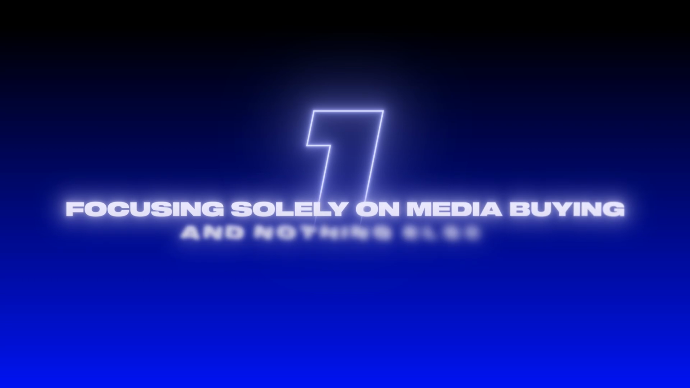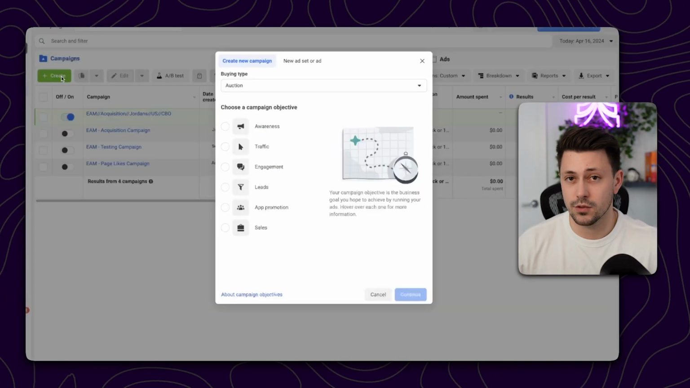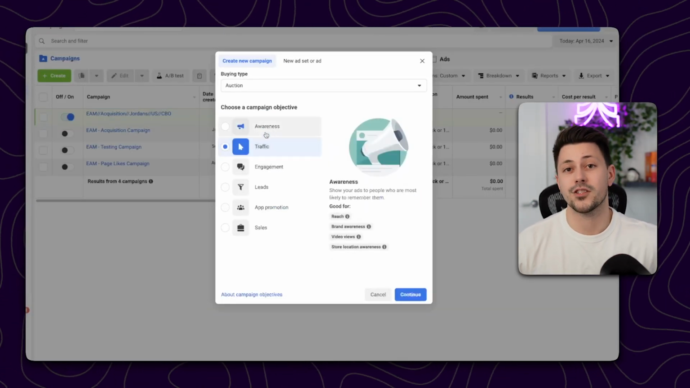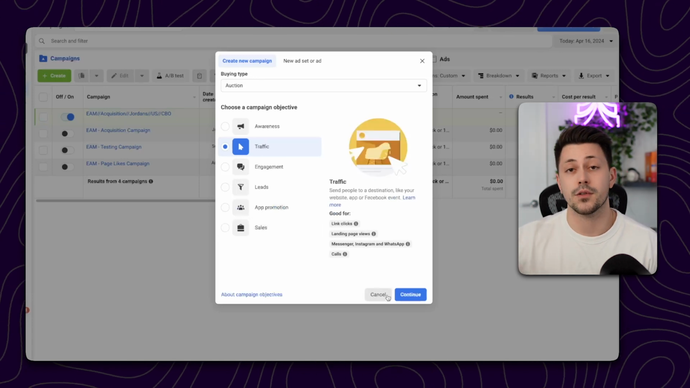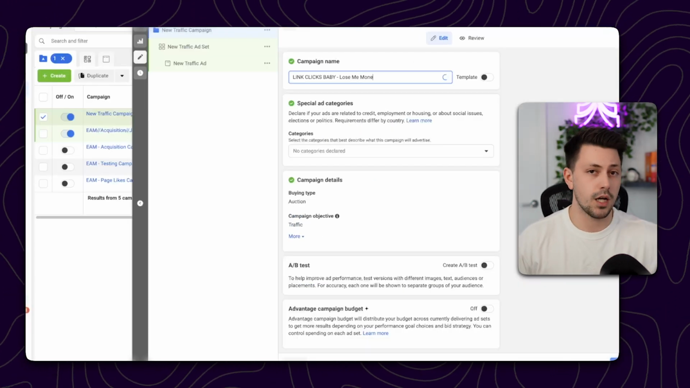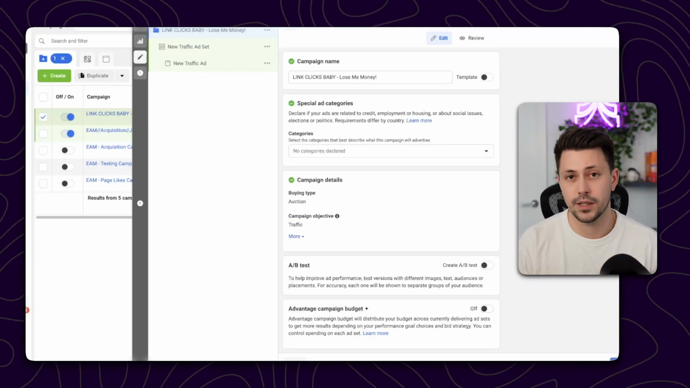Well, the first amazing way to lose money with your Facebook ads is going to be focusing solely on media buying and nothing else. Now, I do need to add a little bit of a sub note here, because one of the best ways to lose money on Facebook right now is to actually optimize for link clicks rather than purchase conversion. So if you want to optimize for link clicks, it's a fantastic way to lose money. But outside of just optimizing for link clicks or landing page views or add to carts, if we're looking at the bigger picture, one of the best ways, and it's a very popular way to lose money on Facebook nowadays,